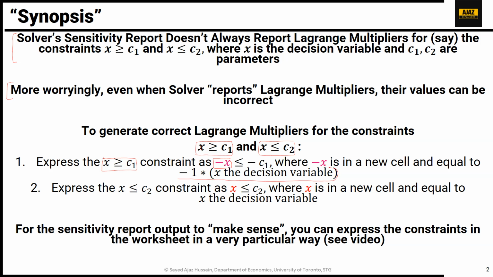Since this other constraint is already in less than or equal form, you leave it as it is, but you still have to make up a new x that's equal to the actual decision variable. And then finally,